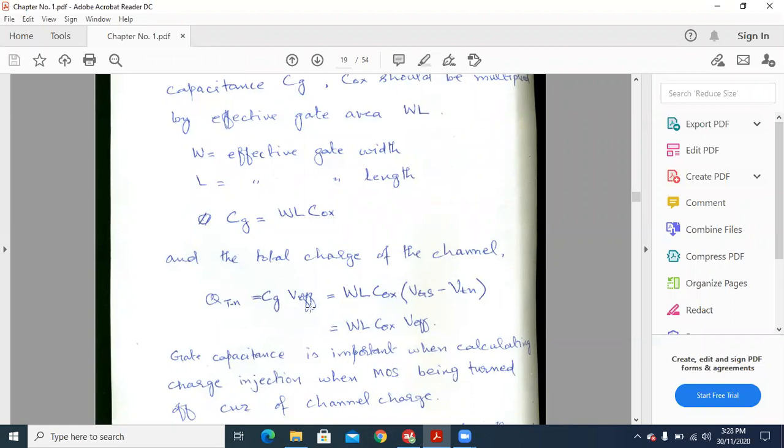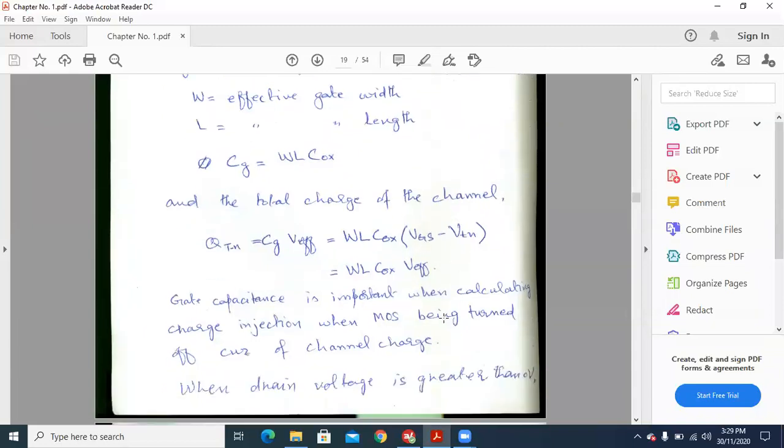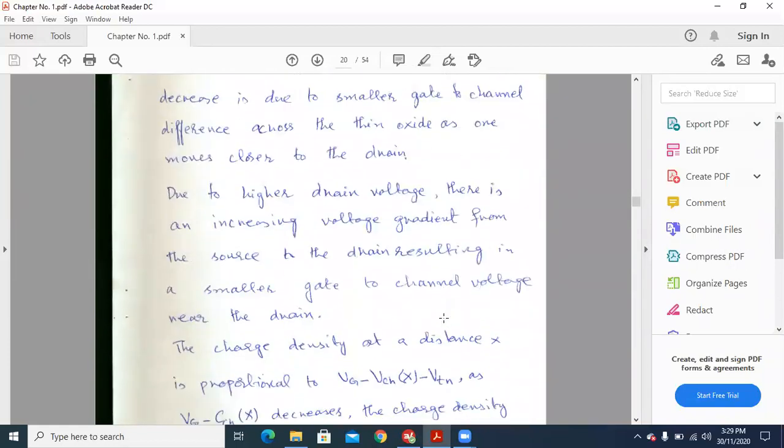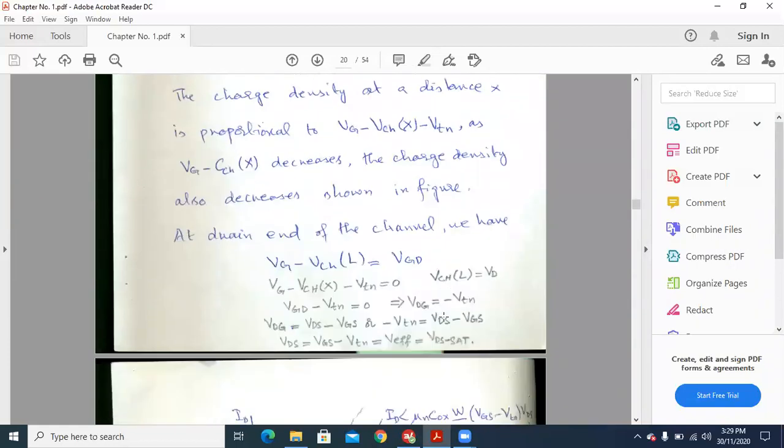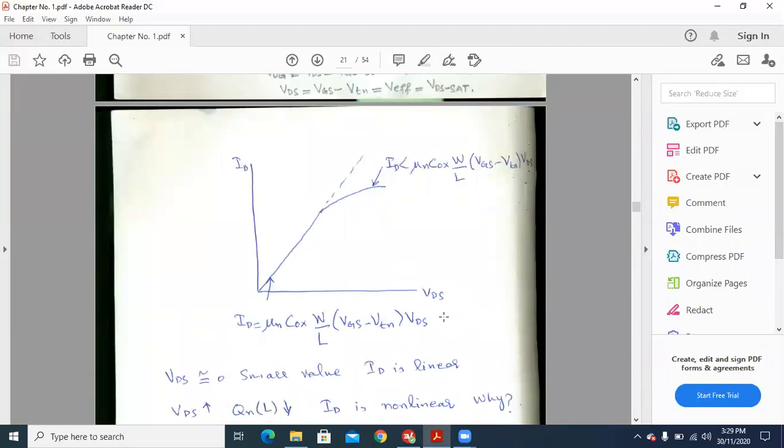The gate capacitance is the area of the gate into the capacitance of the oxide layer, and this is W L COX. By calculating all this, we can simplify